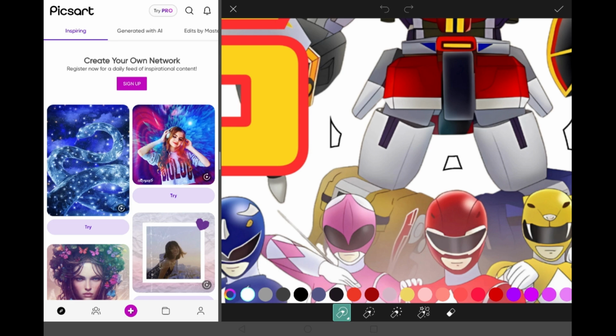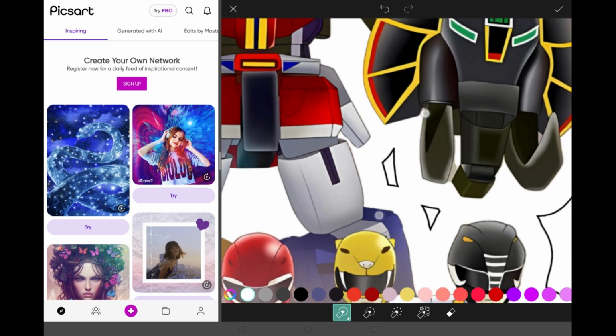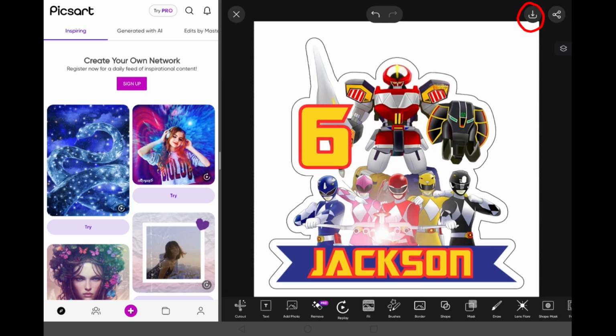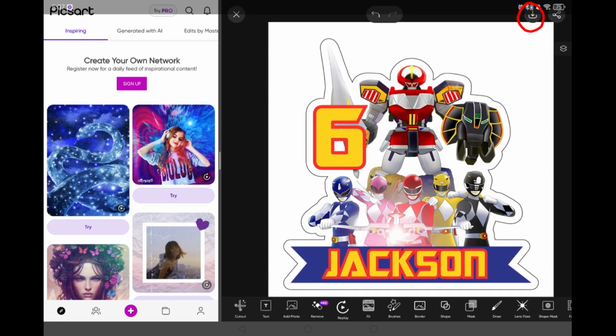Then let's brush. Once done, click the check mark again and save the image. So let's click the arrow down to save the image.